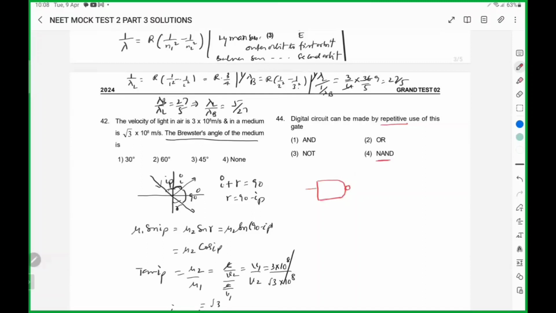With the help of NAND gate, once you give some input signal to the NAND gate, let us say A, this becomes A dot A bar, which becomes A bar. So that becomes a NOT gate. If you take two NAND gates like this,